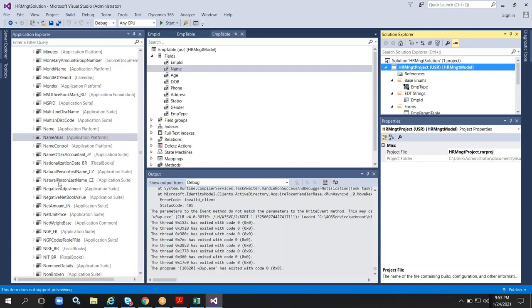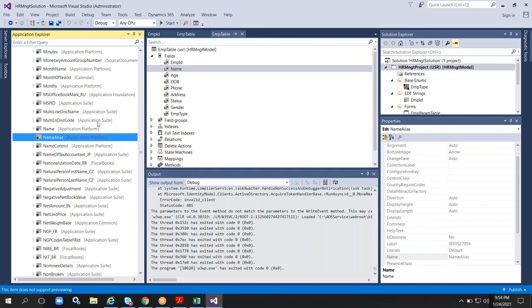See, if you want to use any object in the AOT, just see which model that particular object belongs to, and whether that model we have taken as a referenced model, referenced package or not. That's why application platform, application suite, application foundation, we need to select by default for any model, because these are all